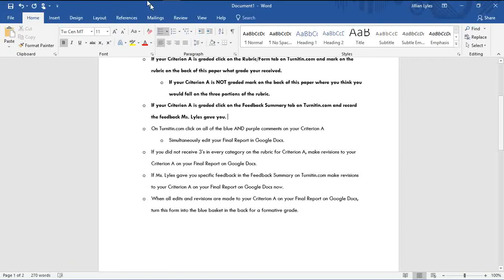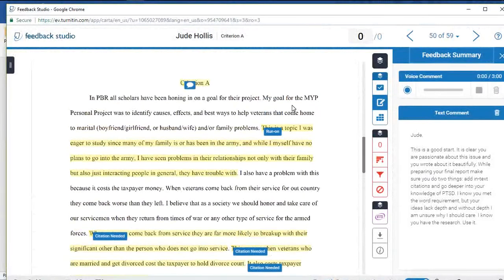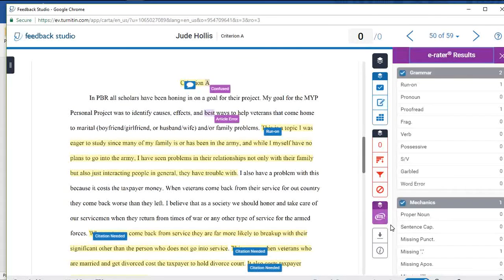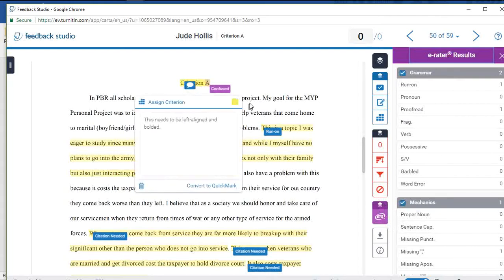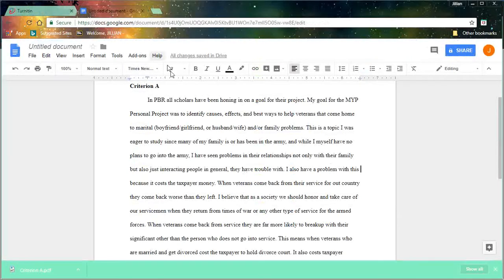Okay, so next step, you're going to go to turnitin.com, and you need to read through every single blue or purple tab that you see. So if you don't see purple tabs, go ahead and click that, and it will mark them. So for example, this one says, this needs to be left aligned and bolded. So you're gonna read that, then you're gonna go to your document open on Google Docs, and you're actually gonna